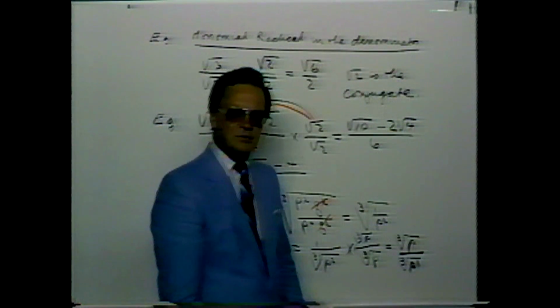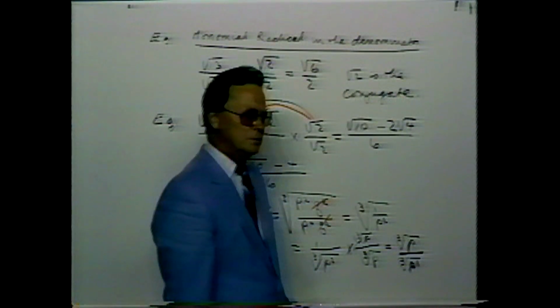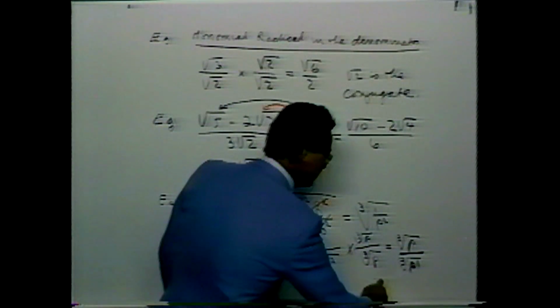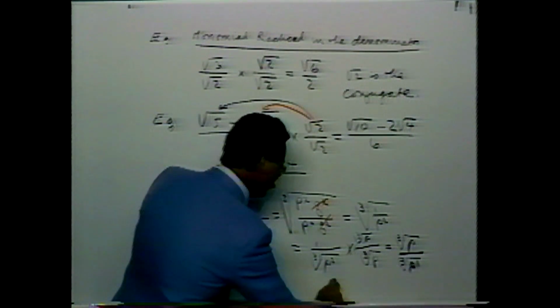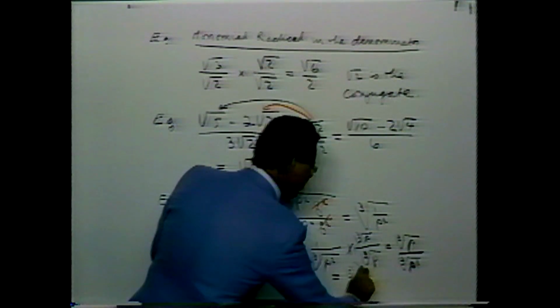But the cube root of p cubed is simply p, and there you have the solution completed. So the final answer here is equal to the cube root of p